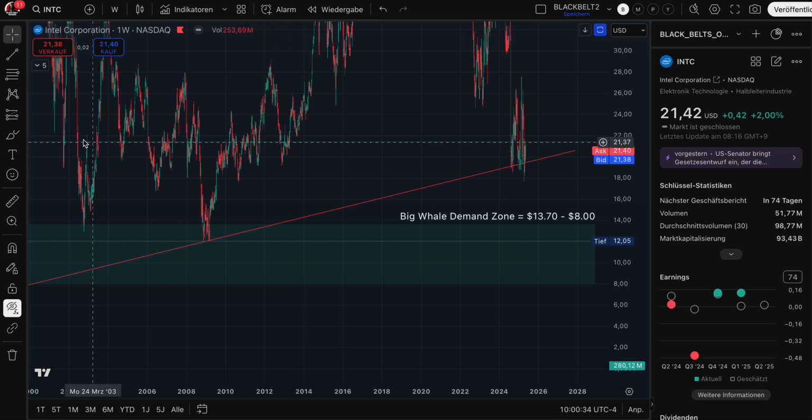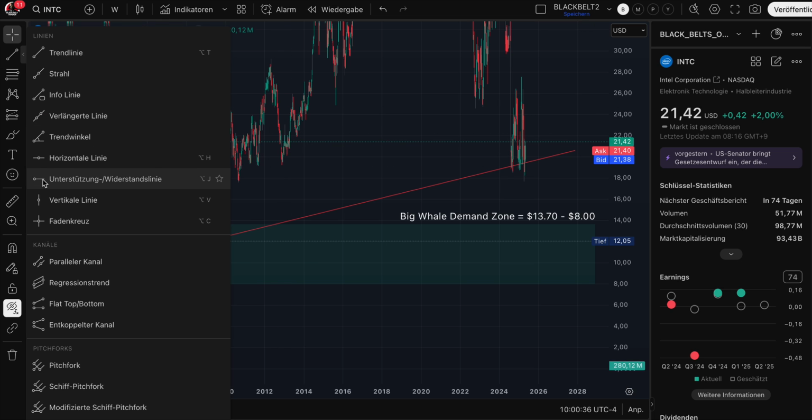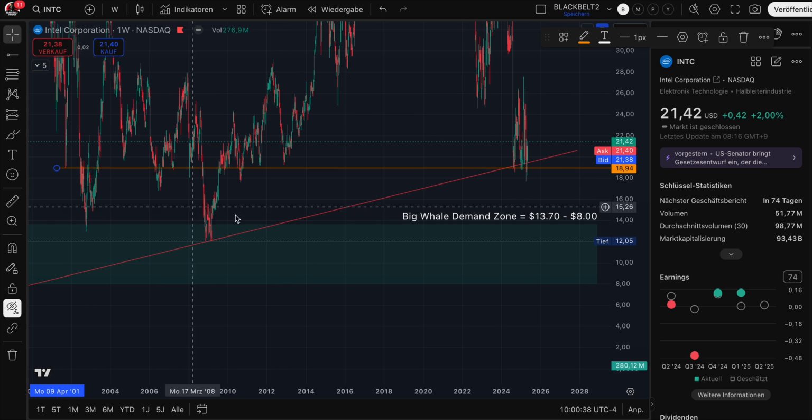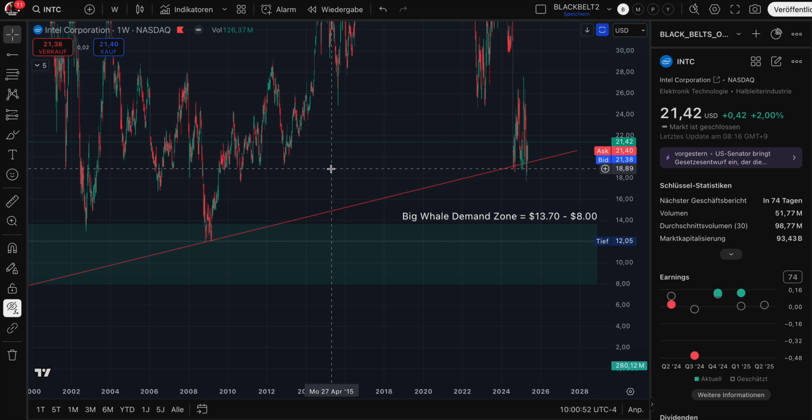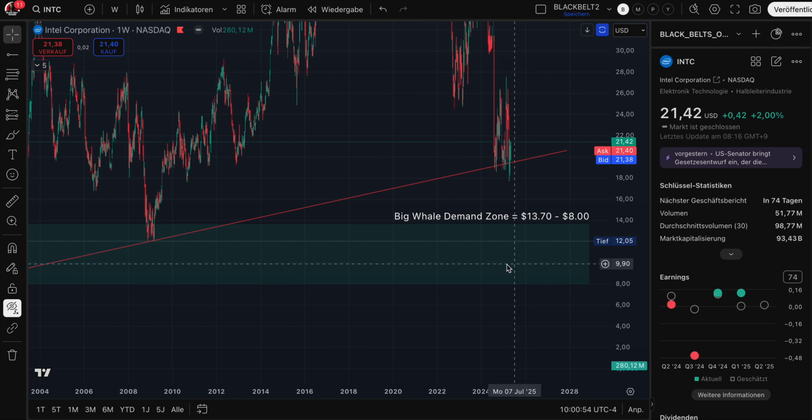I drew a line for you so you can visualize it with the chart. You can see we have a lot of touch points, and we always recovered from that. But if we have the situation that we now see a shakeout, same as before, maybe a squeeze or a bullish reversal for Intel is coming, that means the big whales, the big boys, Warren Buffett and his friends, are waiting in this area, $13.70.